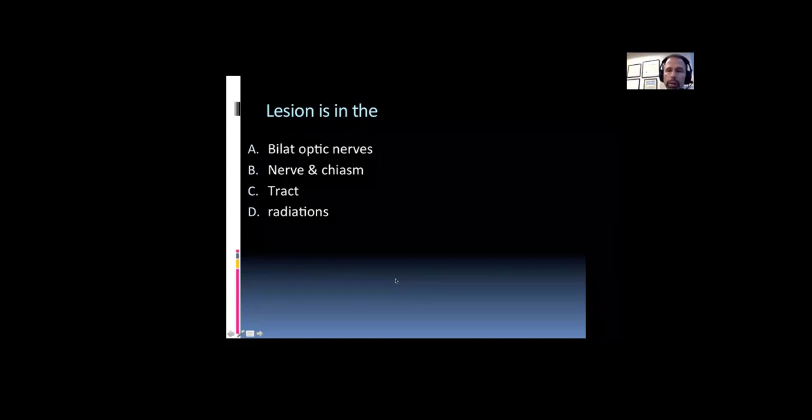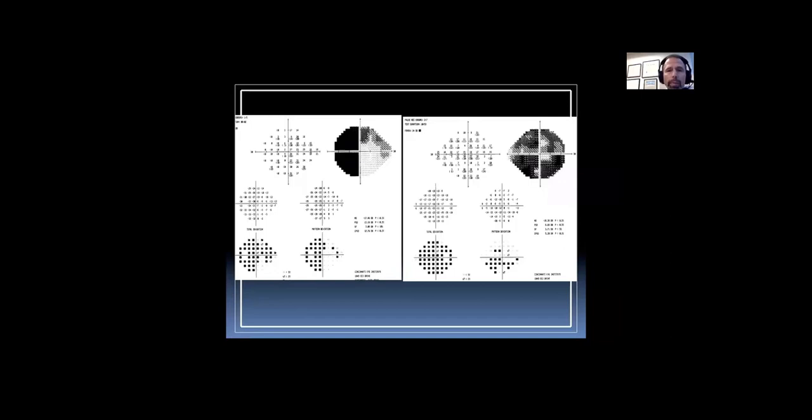So very good. Certainly the vast majority of you got this question right. This is a problem at the nerve and the chiasm. So let me go back to those visual fields. So this is a problem. You've got the temporal field defect in the left eye. You've got general depression in the right eye. So this is a problem with the right optic nerve as it is